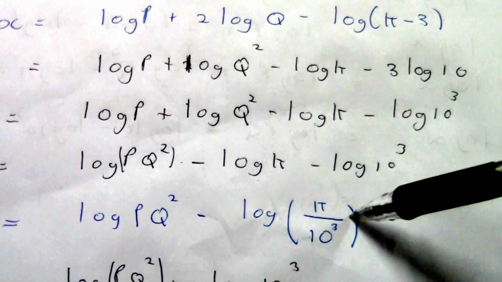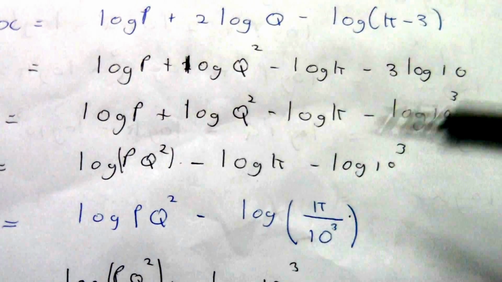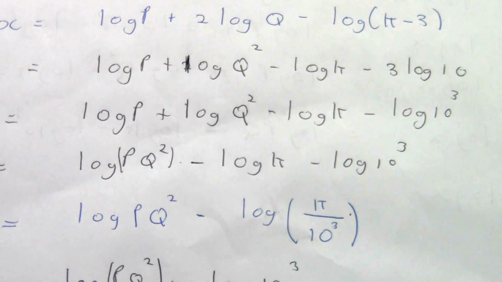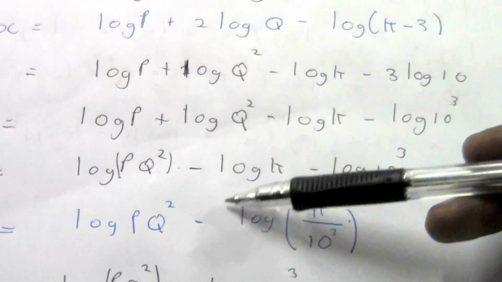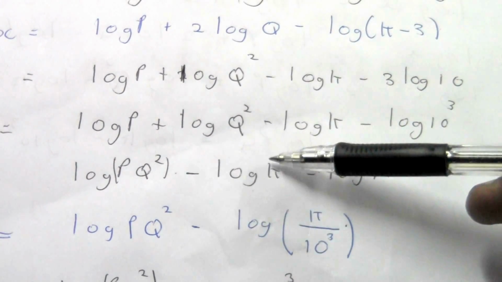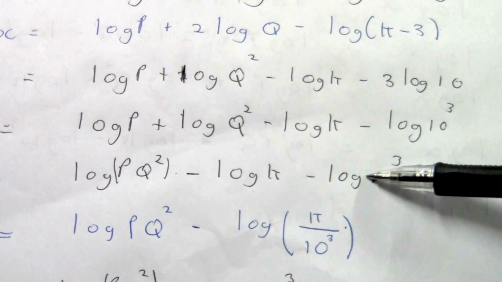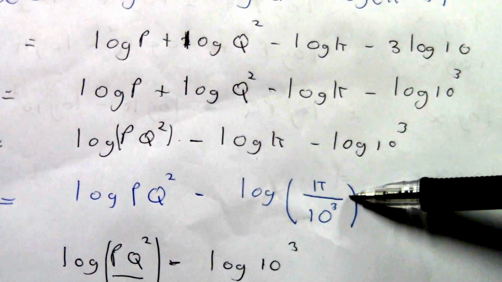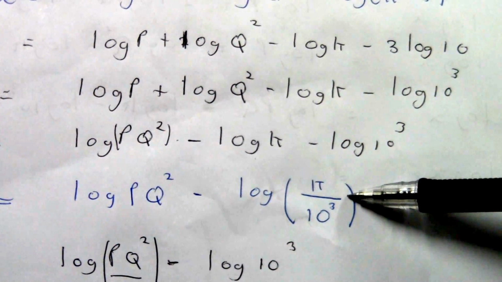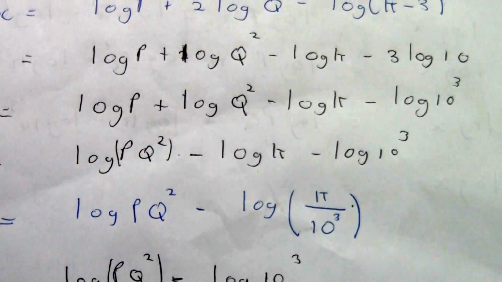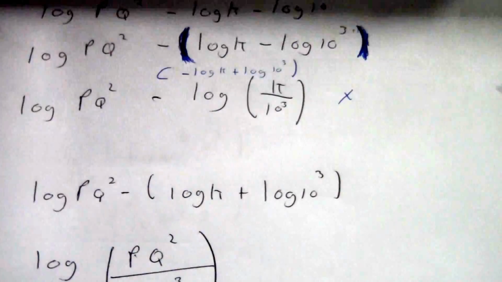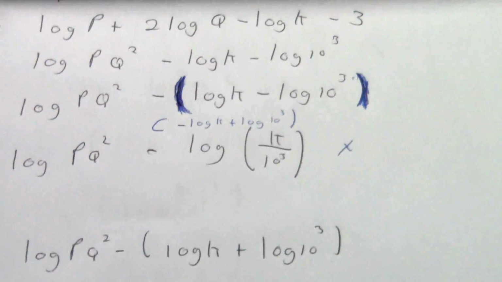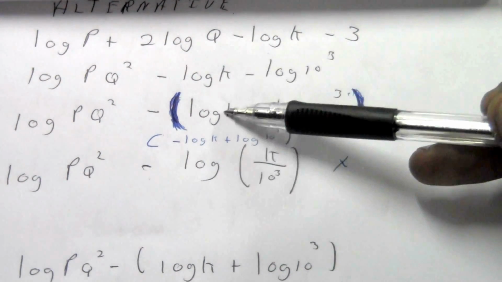Now we have the next common mistake, which I explained in previous videos. We cannot maintain the minus sign here and then say this divided by this. This is a mistake. The reason why is because if we do this, let me explain. If we do that, let me just show you. If at this stage,